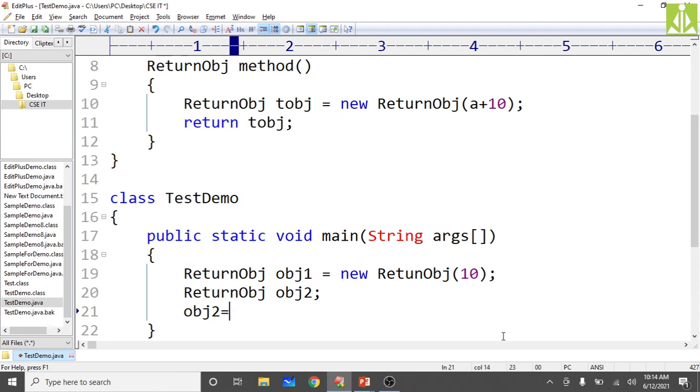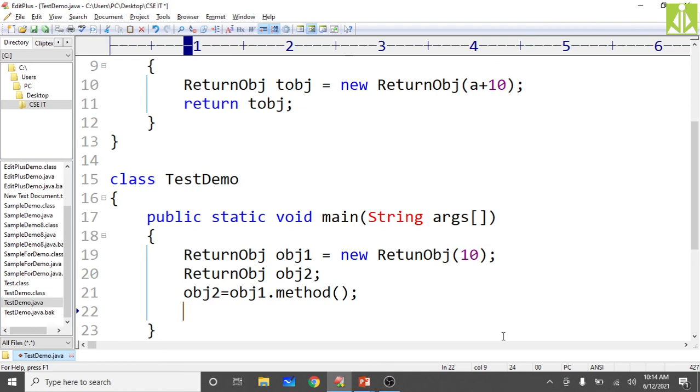Okay, obj2 equals to obj1 dot, call the method of, that's it. Okay, now, so whatever changes we made to that a, those changes we have to receive here using temporary object.